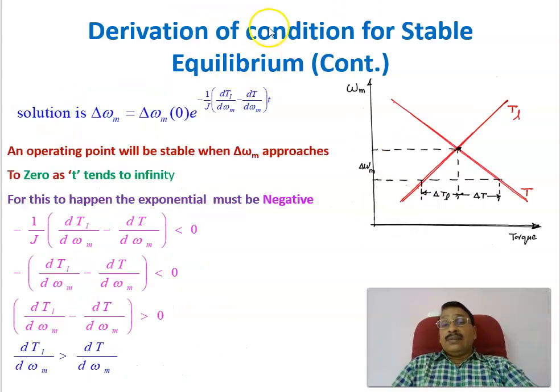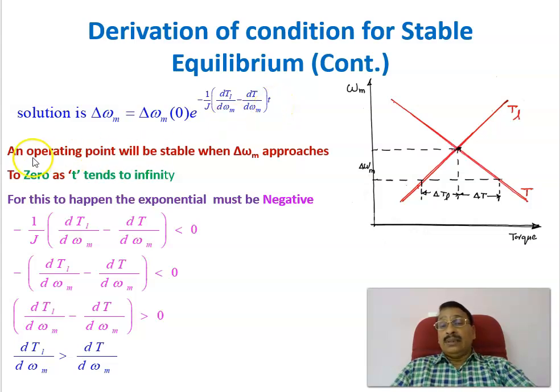Continuing the derivation of the condition for the stable equilibrium point. This is the motor torque, as I already said, and this is the load torque. This is the equilibrium point. We are giving a perturbation in speed, delta omega m, and delta TL and delta T are the corresponding changes in load torque and motor torque. Now the solution, as we have seen in the last slide, is delta omega m equal to delta omega m naught into e raised to minus 1 by J into (dTL by d omega m minus dT by d omega m) into